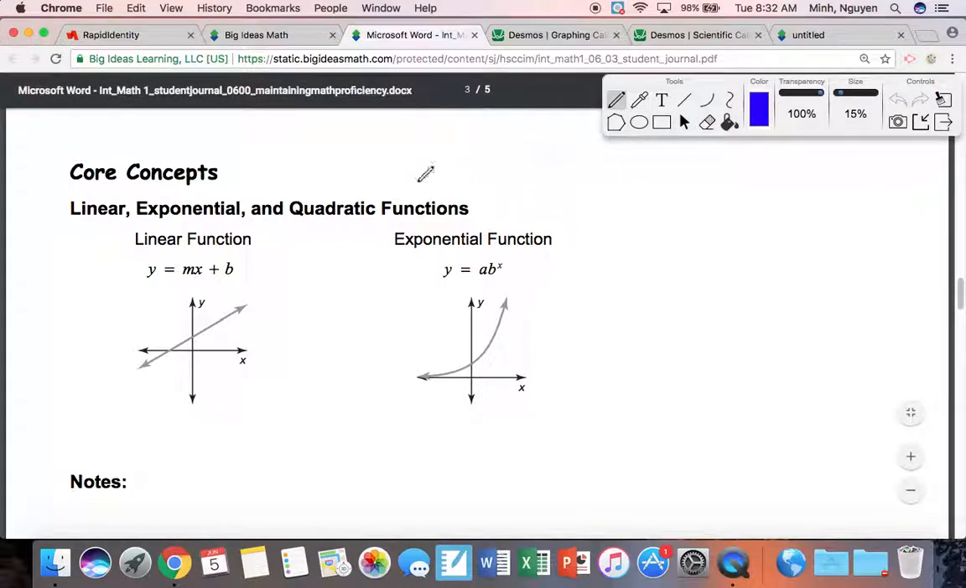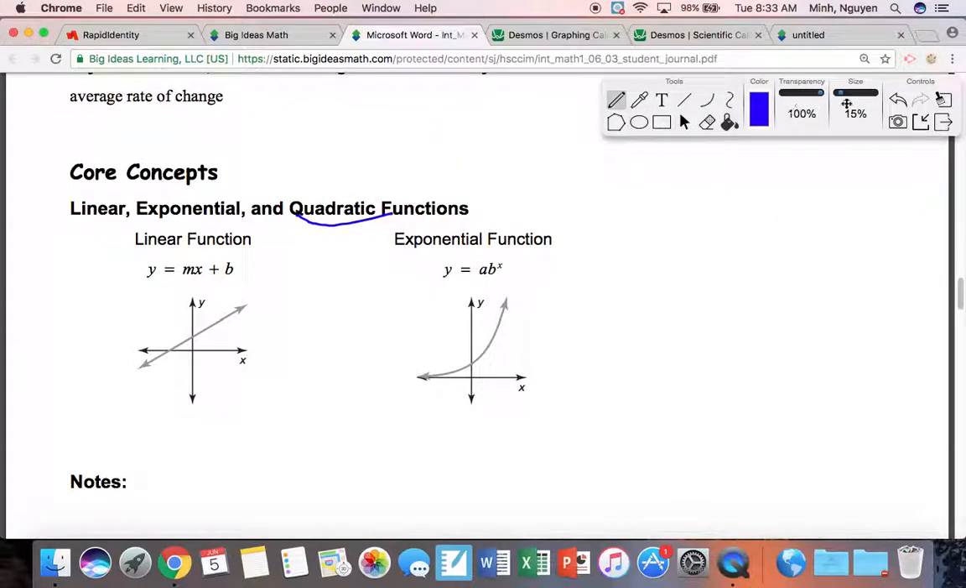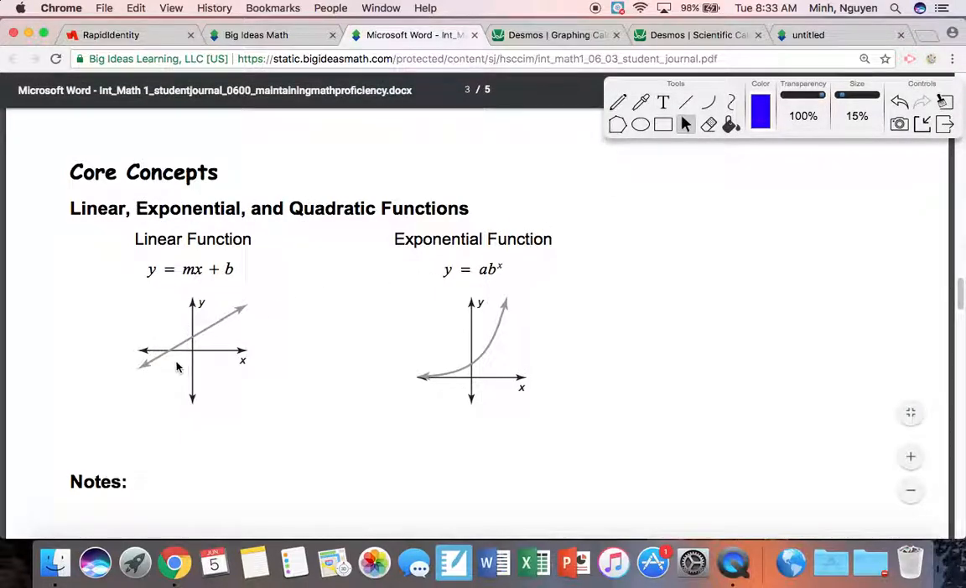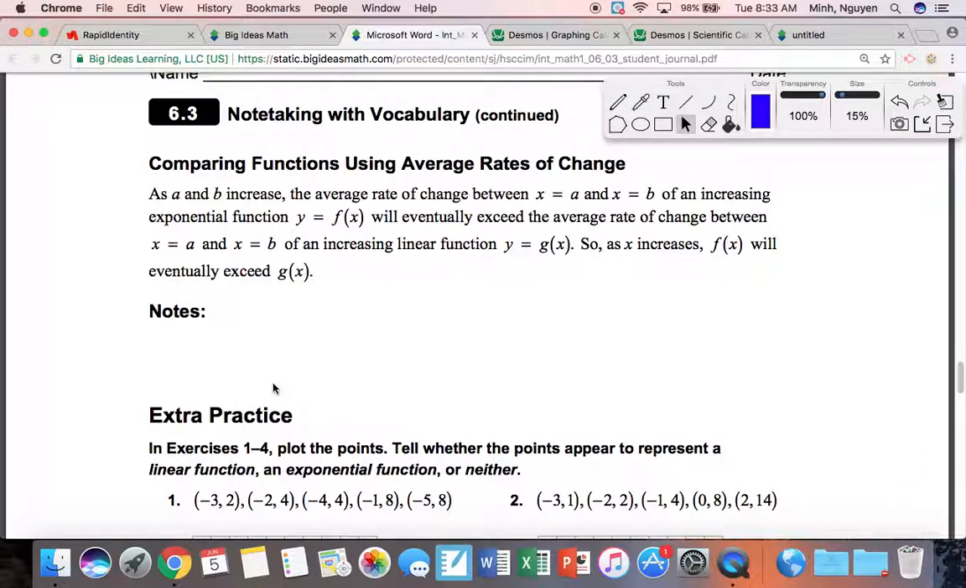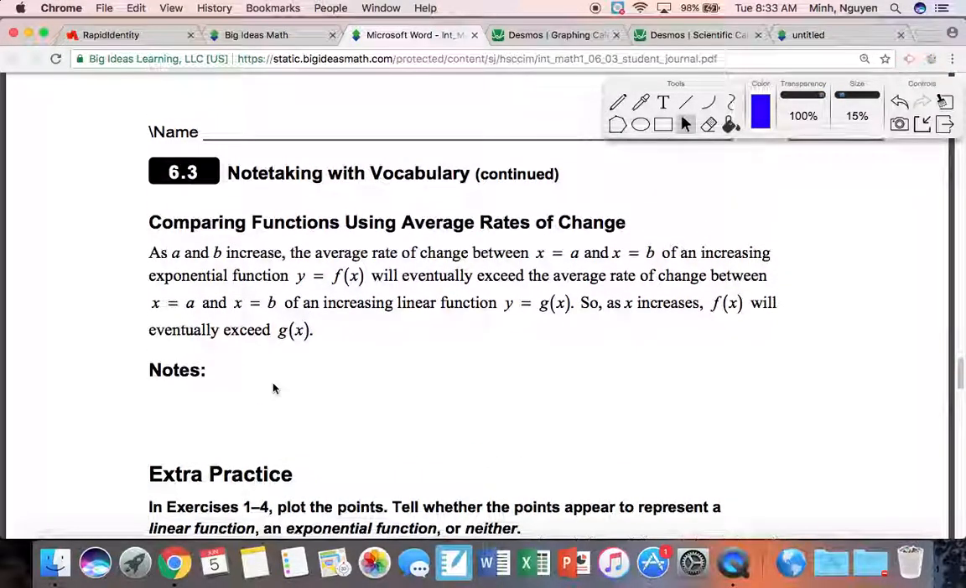So I know it says quadratic, but then it doesn't give you any examples of a quadratic, so what the heck? But in any case, I think we're mostly just focusing on these two anyways. And that's it. So let's get into it. As a and b increase, the average rate of change of an increasing exponential function will eventually exceed the average rate of change between x equals a and x equals b of an increasing linear function. So what this is saying is